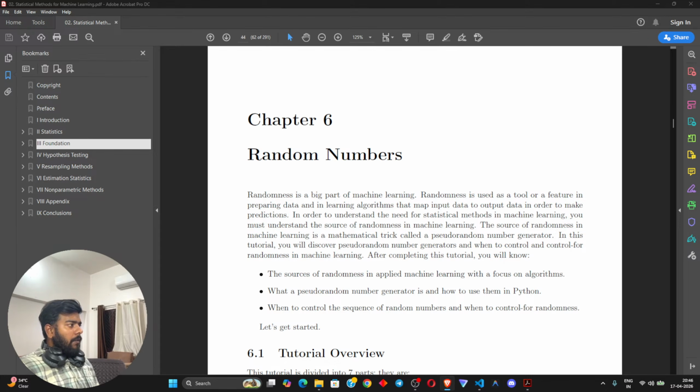साउंड आ रही है नहीं? ठीक है, हो गया। तो स्कैटर प्लॉट आज हमारा है। 16, 17 डेट। रैंडम नंबर्स।